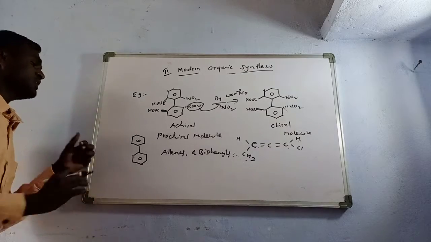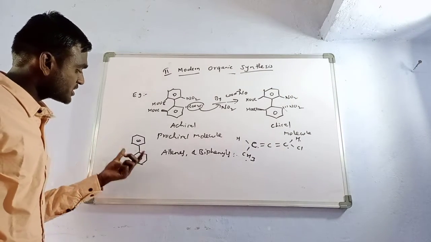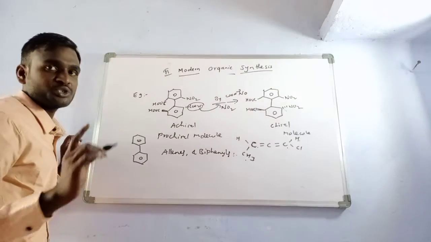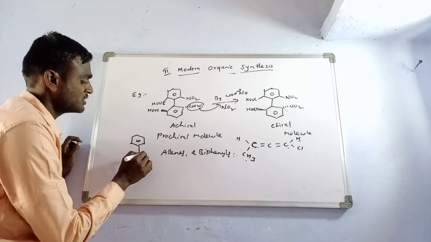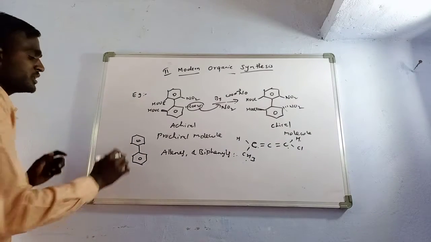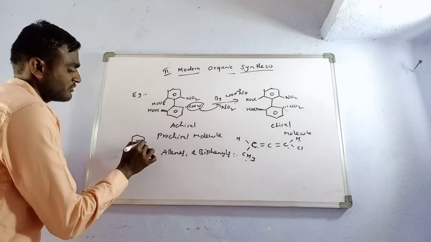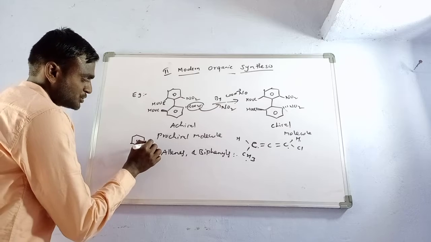Due to the single bond, rotation of the molecule will take place. In order to restrict this rotation, there are substituents present in the ortho positions. This is the ortho position, and this is the ortho position, and these are also ortho. This is also an ortho position. In order to restrict this rotation, we have to substitute the substituents. We have to substitute the molecules.